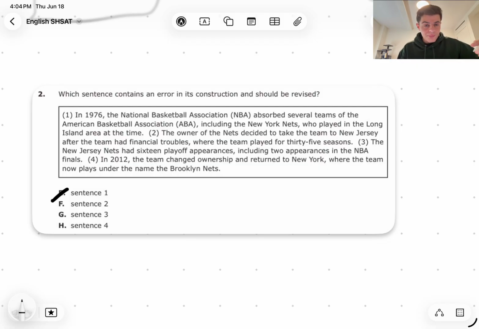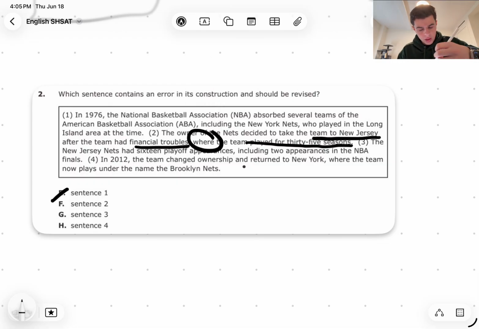Well, this actually kind of sounds a little problematic, right? Because here we're saying the owner decided to take the team to New Jersey, after they had financial troubles, and then it goes back to talking about where, right? So we're talking about where here, and where here, but in the middle, we're suddenly talking about financial troubles. So we're shifting away from the topic before coming back, and that is not really allowed,